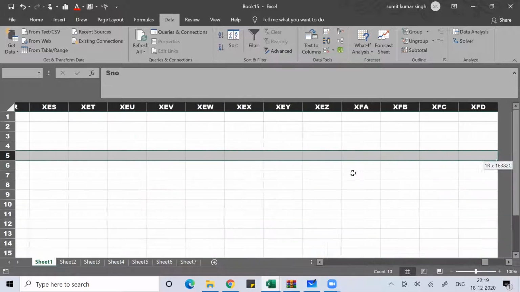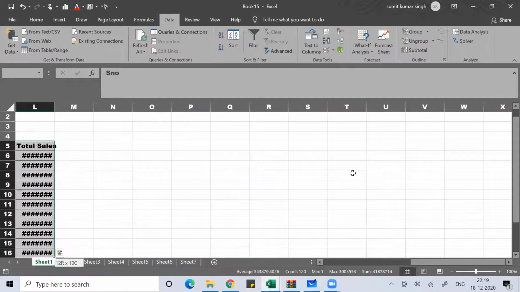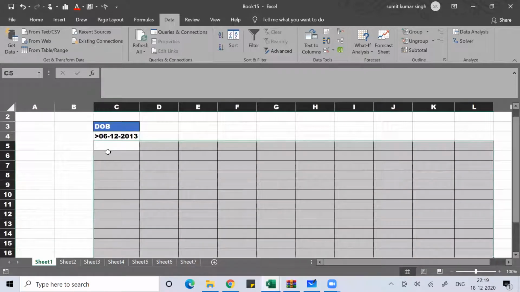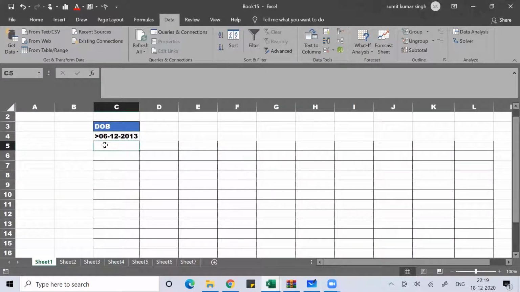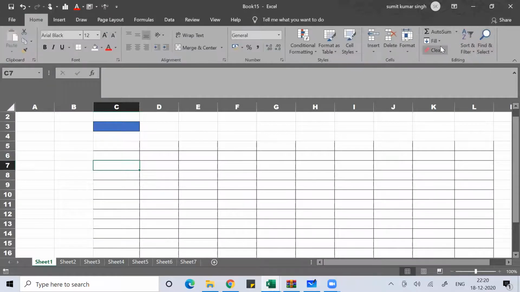You have this formatting problem. So what can you do? For this, let's first change the date. Let's remove all formatting. Clear all.